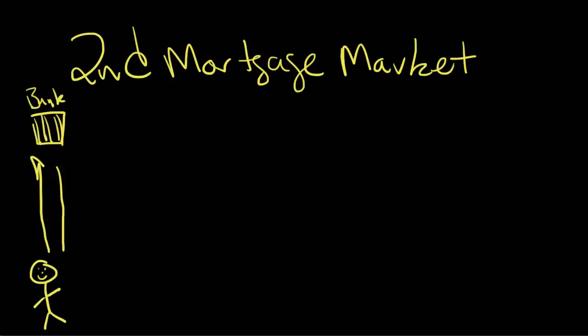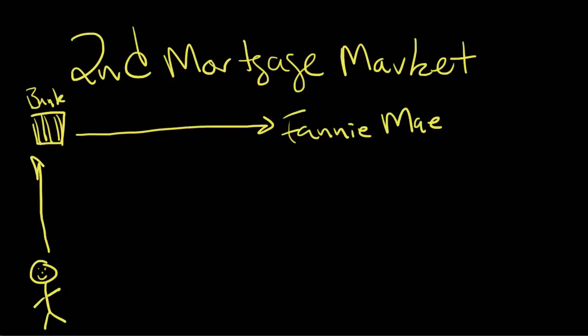Nowadays, that diagram is a little bit more complex, because nowadays you go get a loan at a bank or a lender, and then they basically sell it. They sell your loan and take it to an entity called Fannie Mae. Fannie Mae, that's probably an organization you've heard about before. And Fannie Mae takes your loan, we'll just represent it by this little rectangle here, and they're going to put it